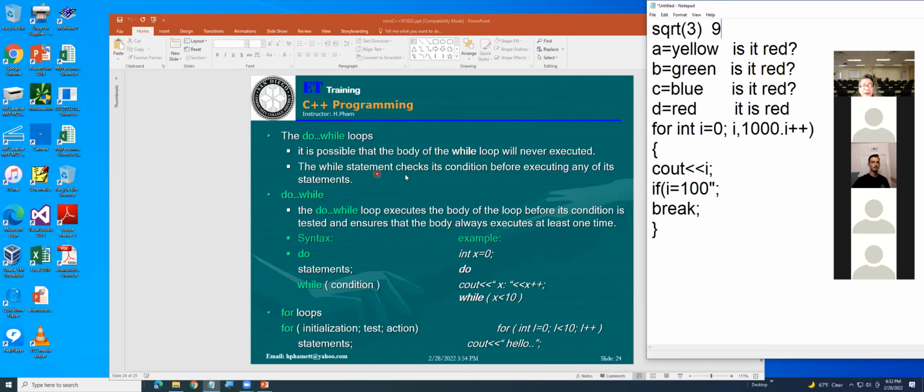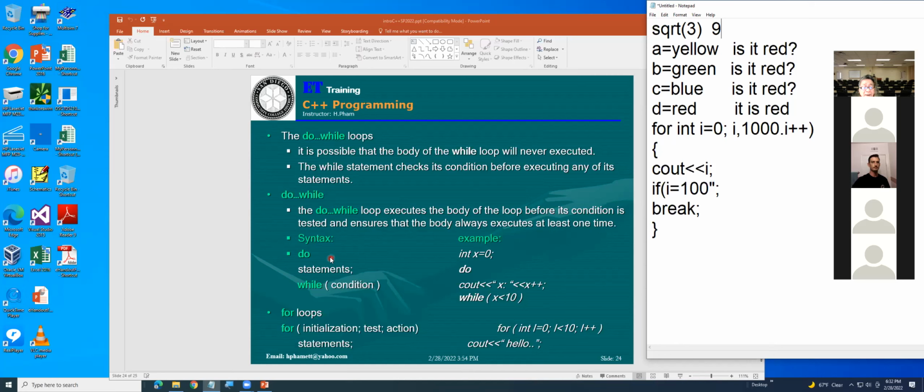The while statement checks its condition before executing any of its statements. The do while loop executes the body of the loop before its condition is tested, and ensures that the body always executes at least one time.